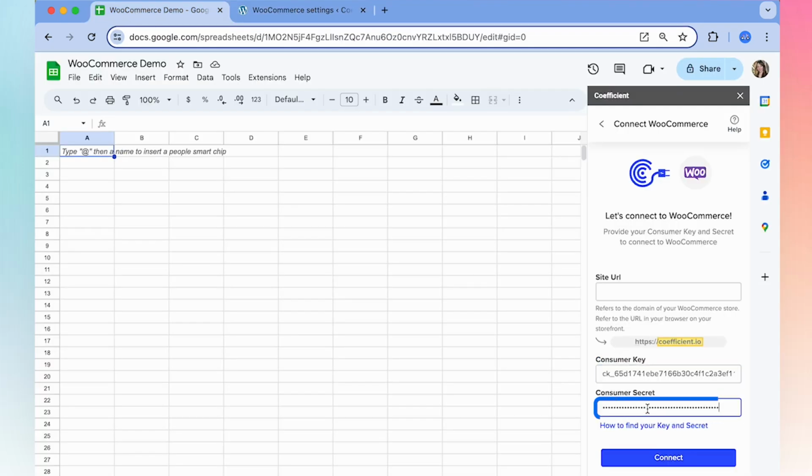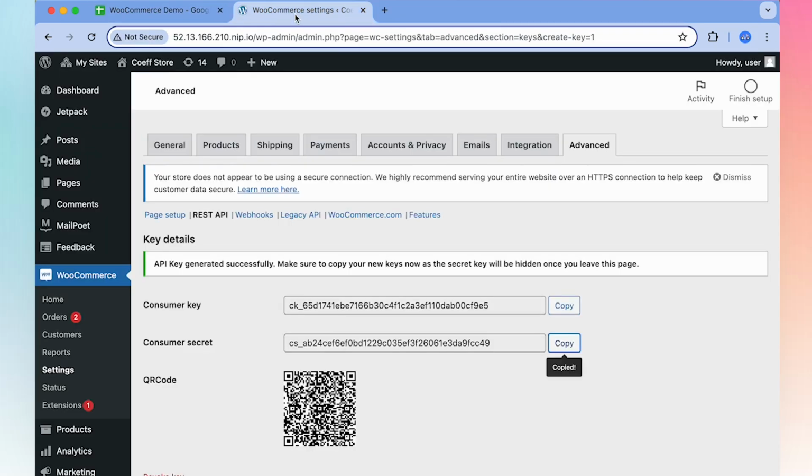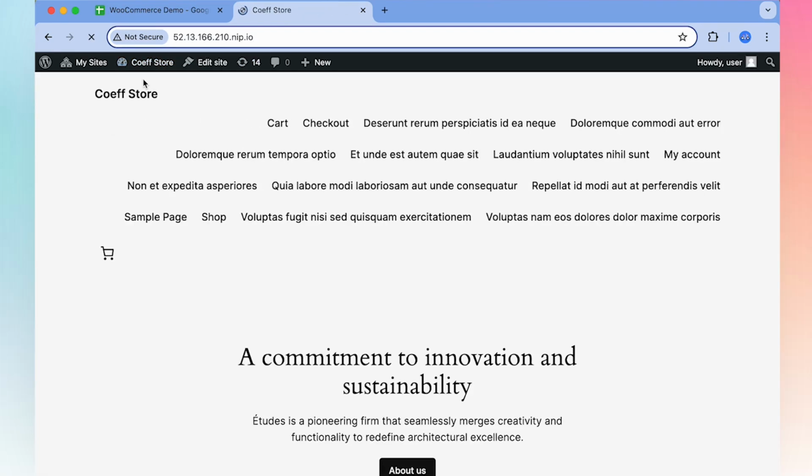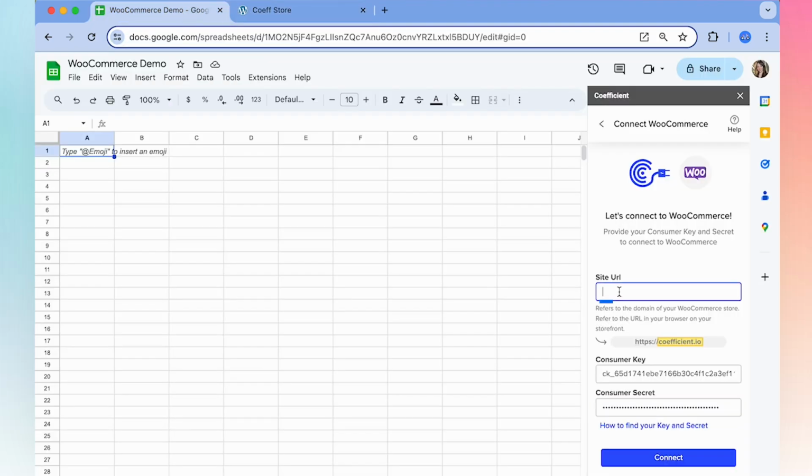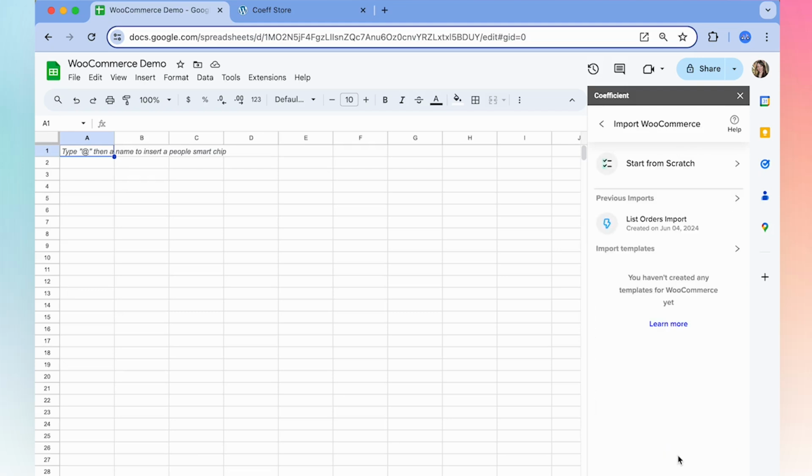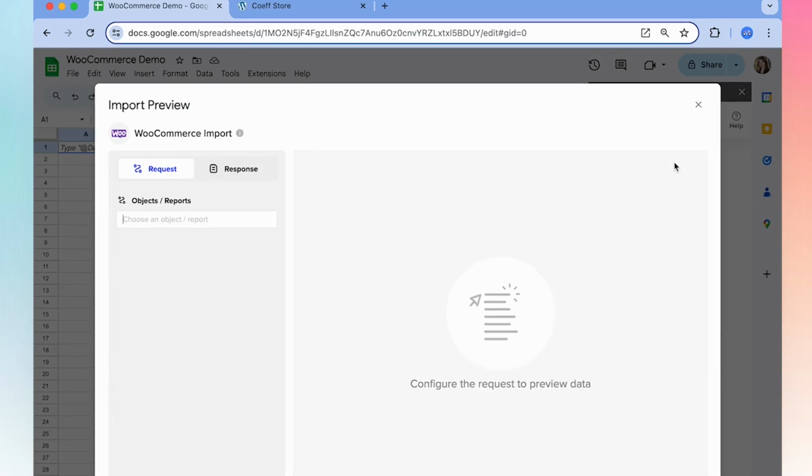and paste there. Now you'll need to get your site URL. So navigate back here, visit your site, copy your URL, and then paste your URL without this part. And select Connect. Once you're connected, you can select to start from scratch, which will open the import preview, and